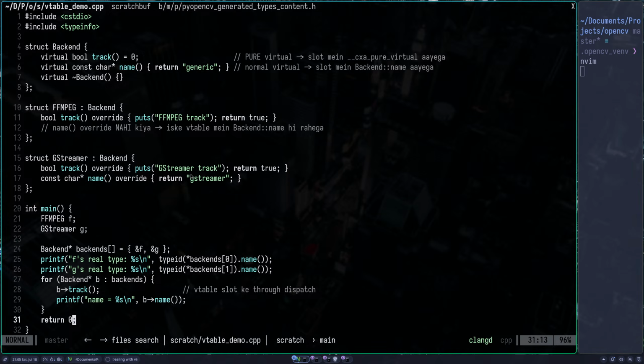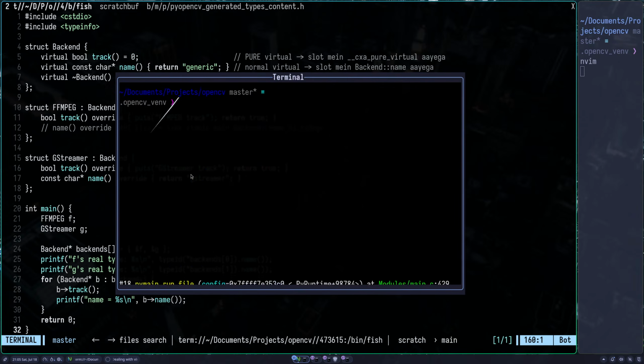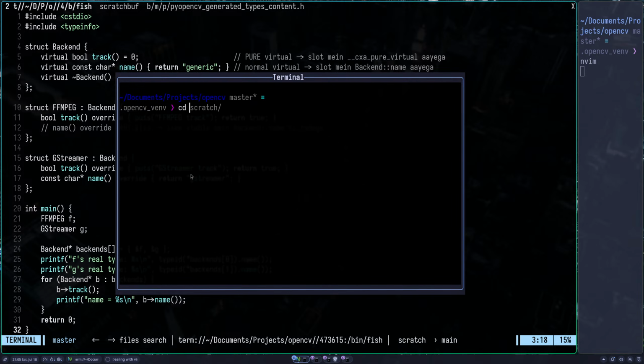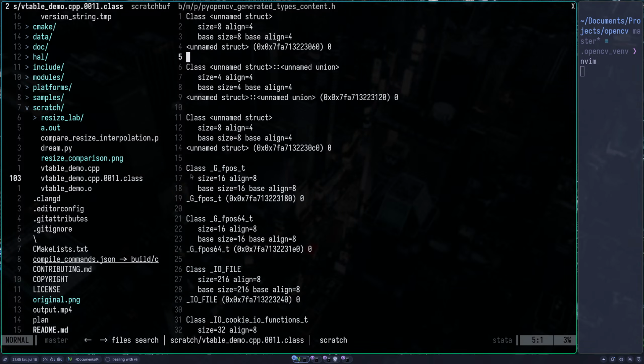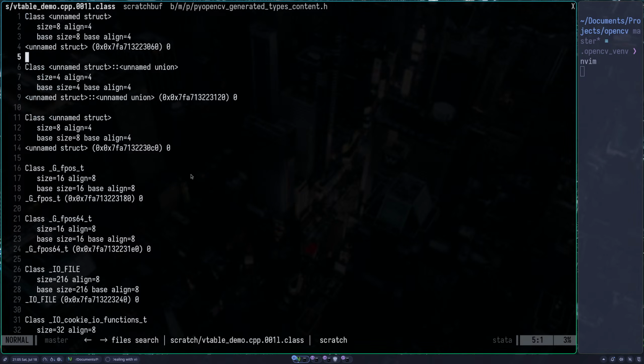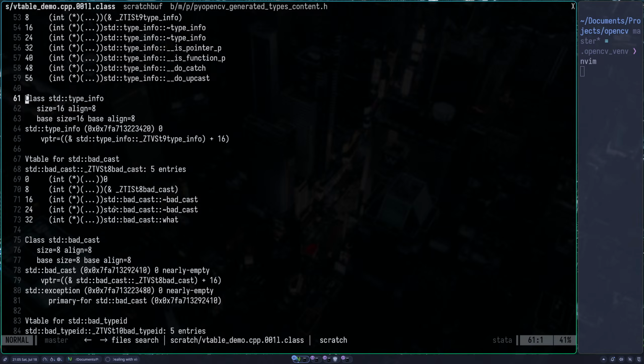So how about this: we quit from here. I was anyways doing this. Yeah, there you go. What this is going to do is dump the whole object that it generally creates with respect to the vtable in this particular file. Now we will go through this once, and we'll try to see the vtable as well. So ignore everything else, but first look at the